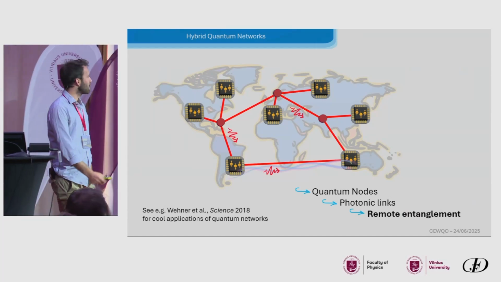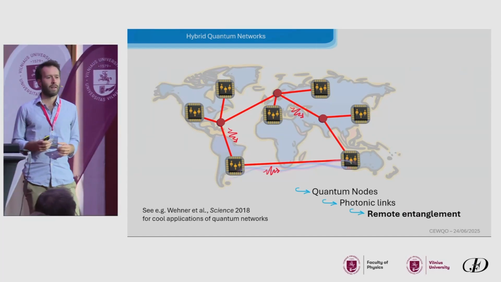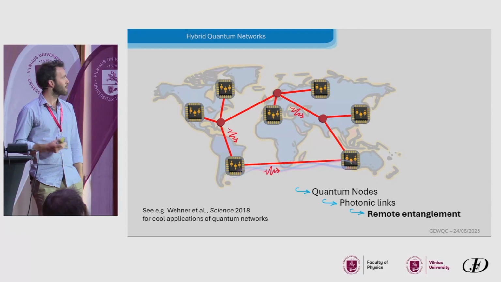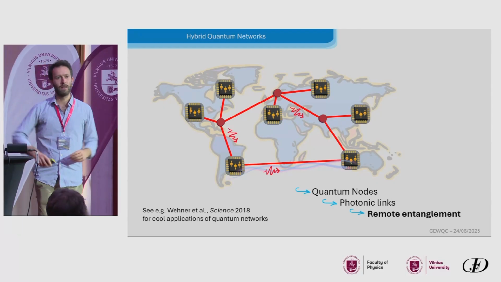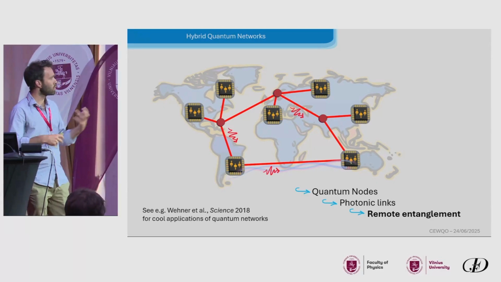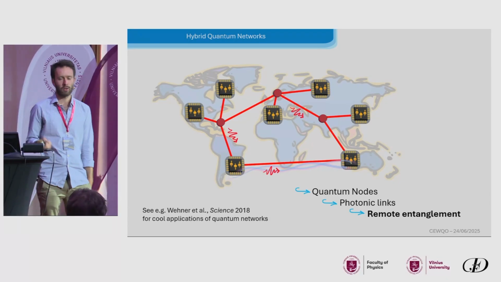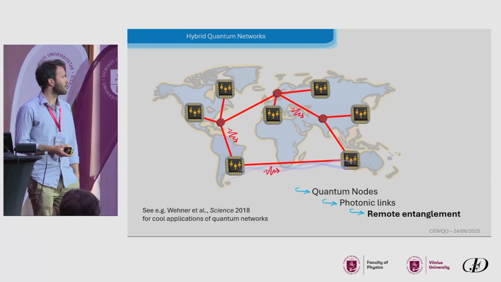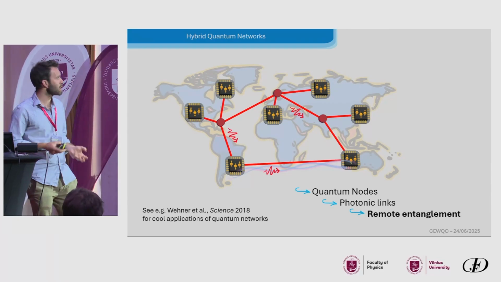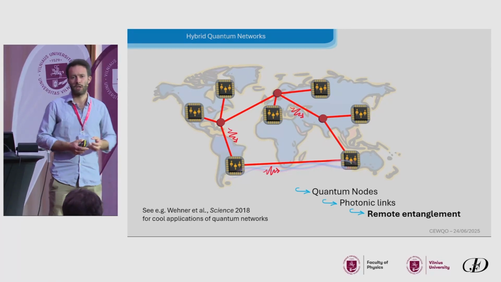We already heard this morning a bit about quantum networks. This is one of the big ambitious goals of quantum technologies, to build a large-scale network of processor and quantum nodes that can share and process quantum information and realize a lot of very cool applications. And how we envision this network to be is with photonic interfaces for the nodes,